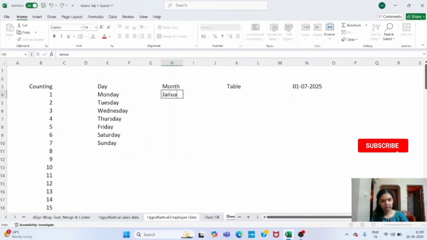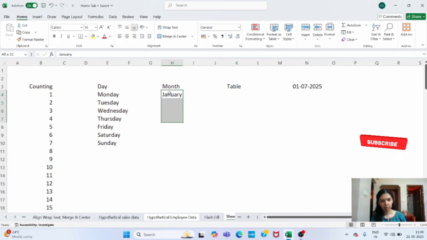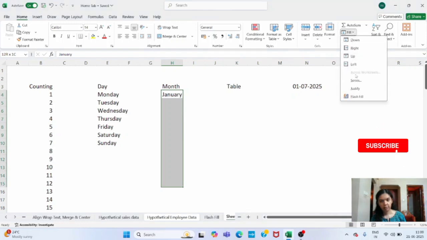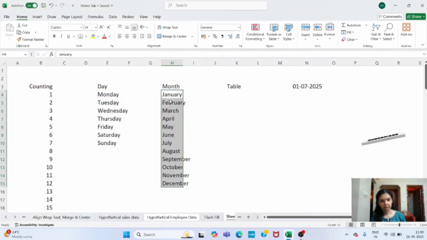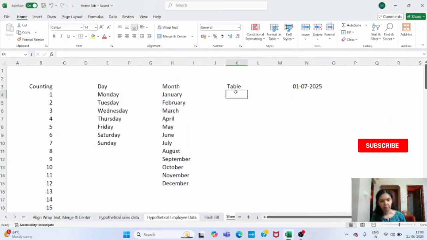Now for month. So suppose I'll write here January. And select the cells now. And then click on fill, series. So we want column wise, just click autofill and OK. So we can see all the months have appeared here.